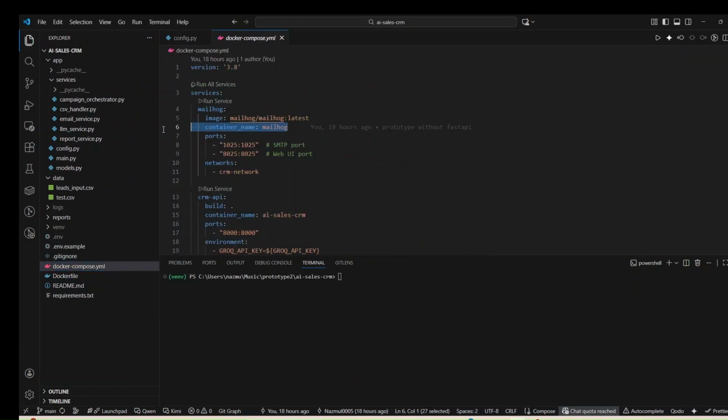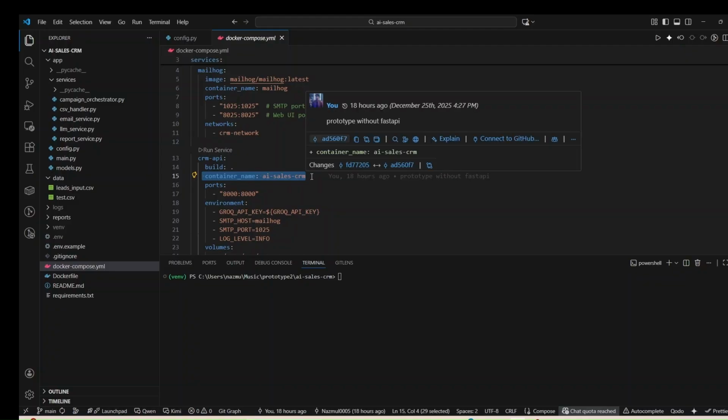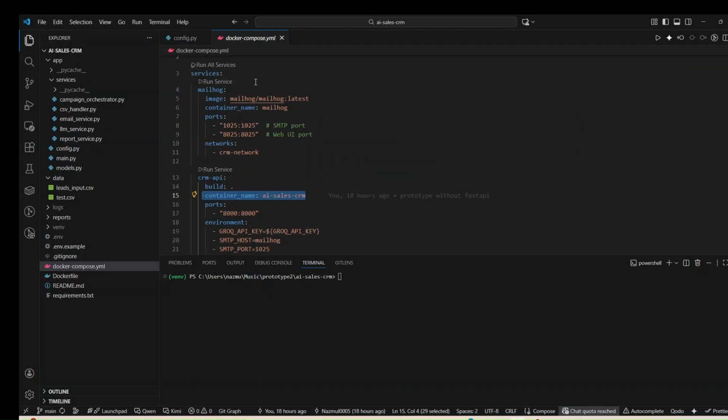For the mail service, I created a container called MailHog, and another container, named CRM, for the full code base of the FastAPI endpoint.